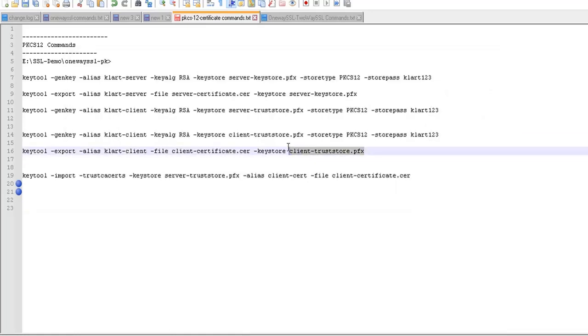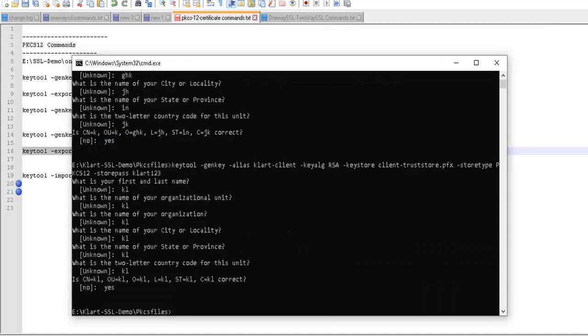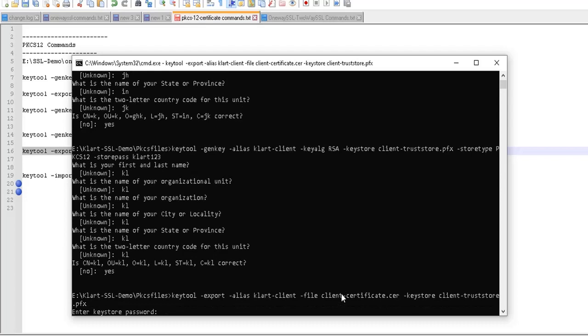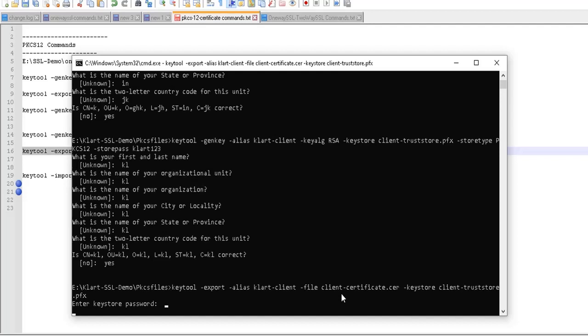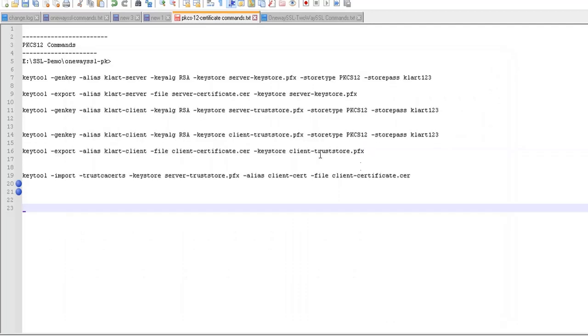This will export the public certificate from the client trust store. Same password you can give. Now the client certificate is also there.